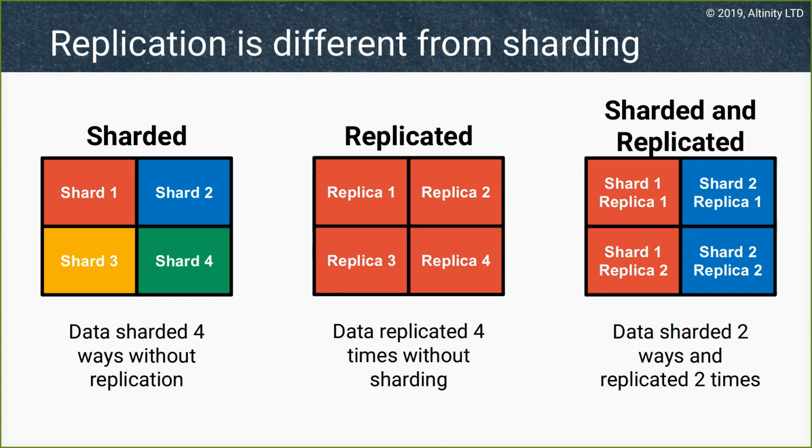And then the most common way to use this is actually to combine sharding and replication. So we want the sharding so that we can scale the data distributed across many machines and therefore deal with a much larger data set. But we also want the replication because that gives us the ability to do HA, scale load on particular shards, as well as do things like migrations. So in each case,